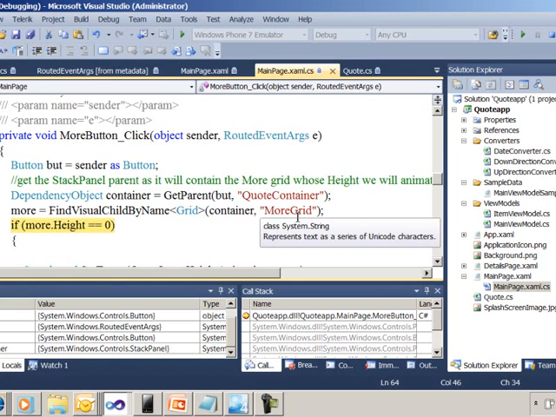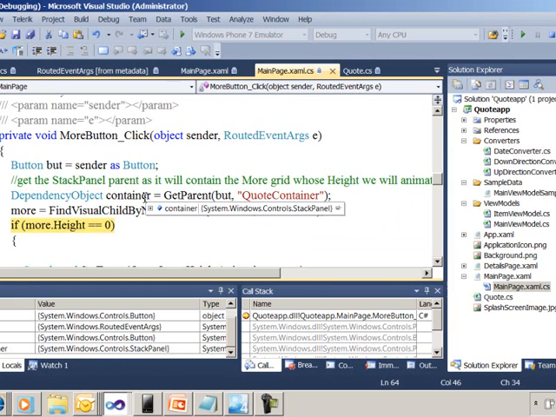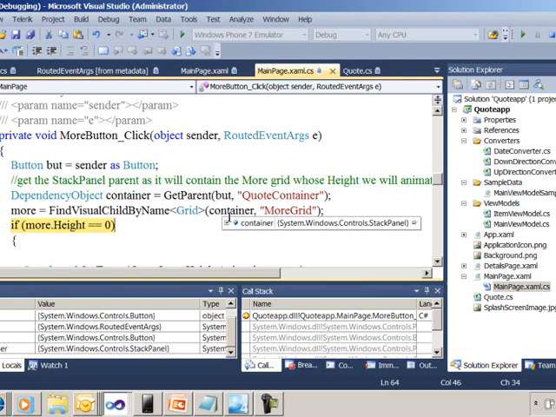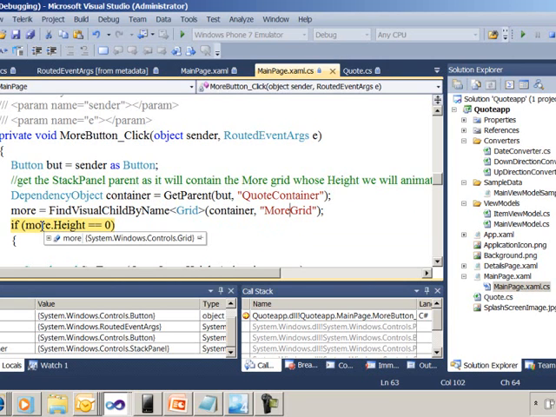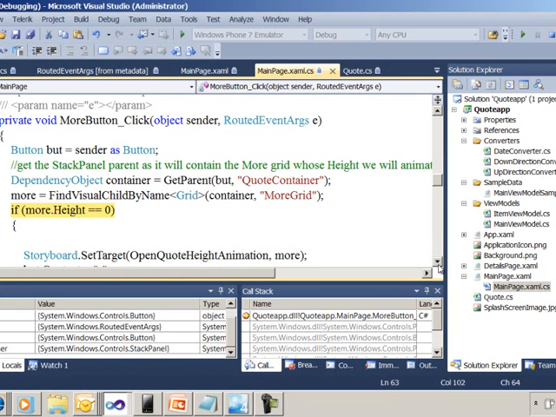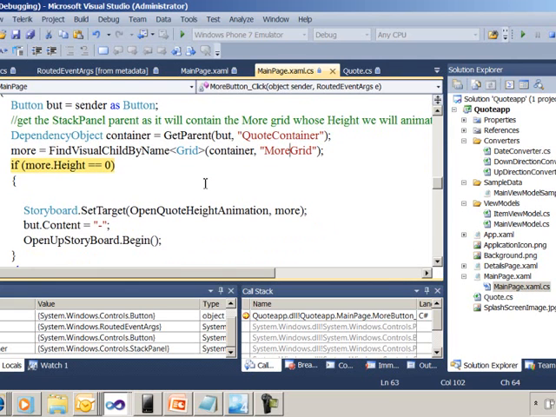So now, after finding our container, which is that stack panel that is the quote container, we're able to then go down and go through the children of the quote container to find the more grid. And indeed here, if we look in here, we've got a grid and its height is 0. So we've achieved our goal, and we use this to run the animations